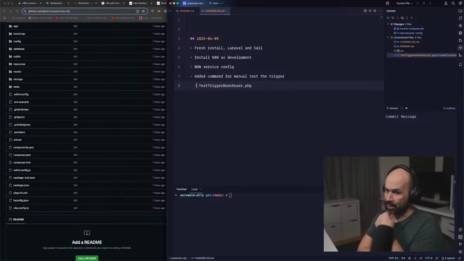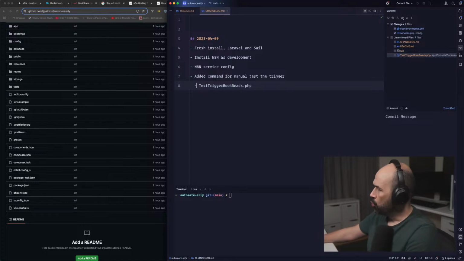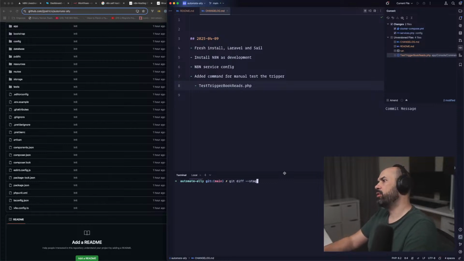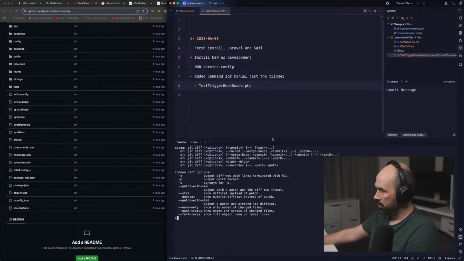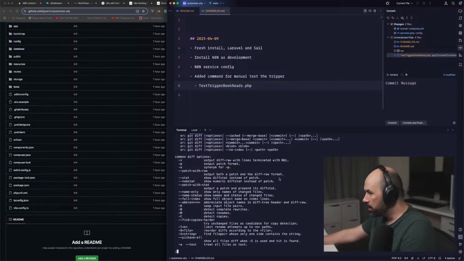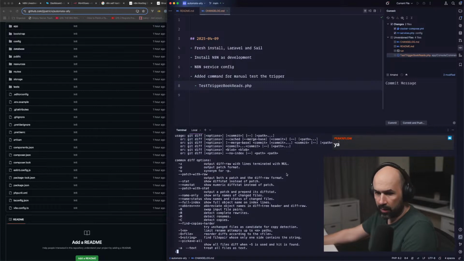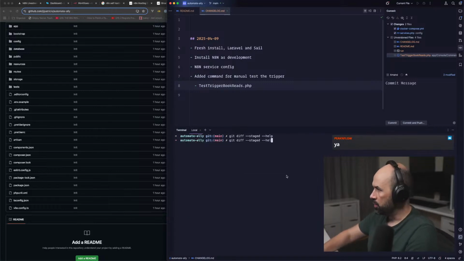I'm not a Git expert, so git diff --staged, is that okay? Can I run it right now? It won't do anything, right? Git diff will just give a diff, right? Of course.